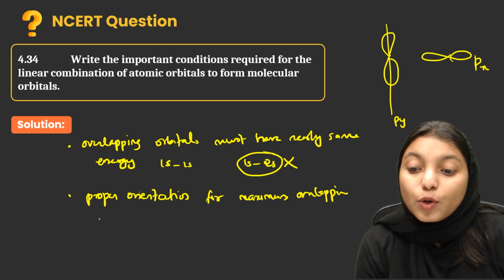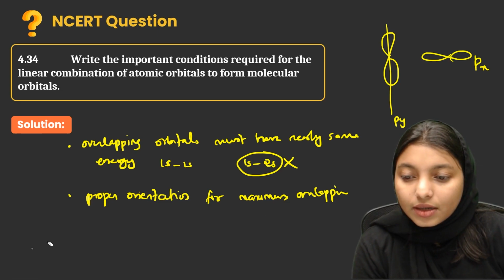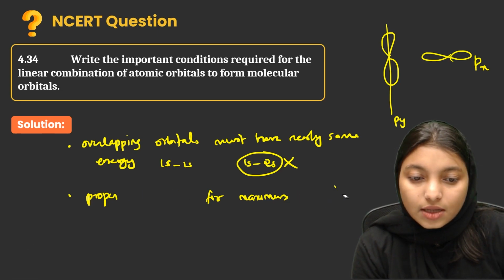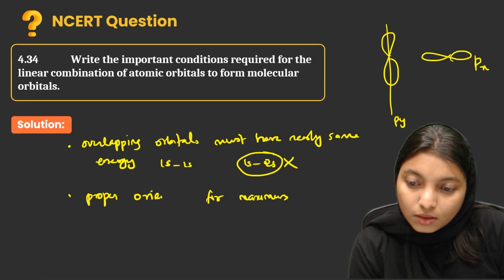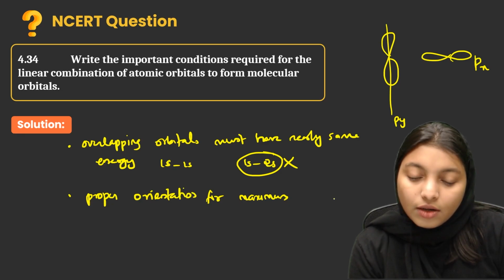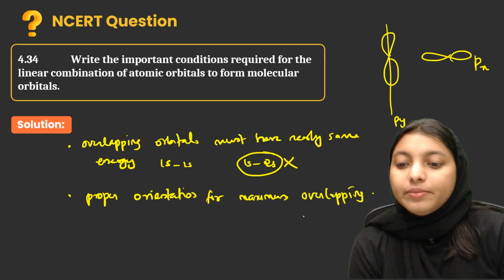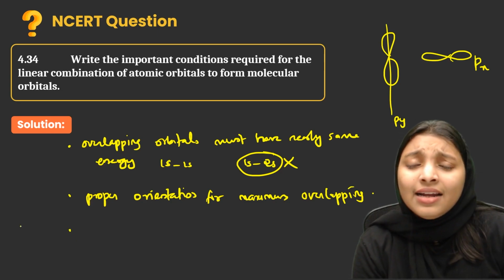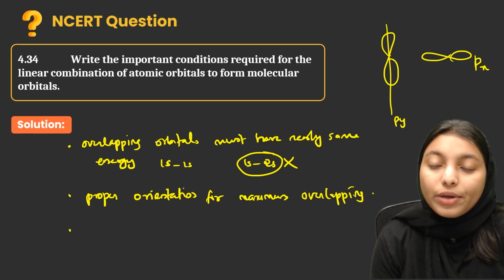So they must have proper orientation for the maximum overlapping. Clear? I hope you got this. And the next one, last and the final one, which is needed for the linear combination of atomic